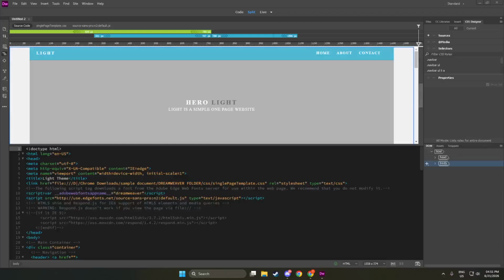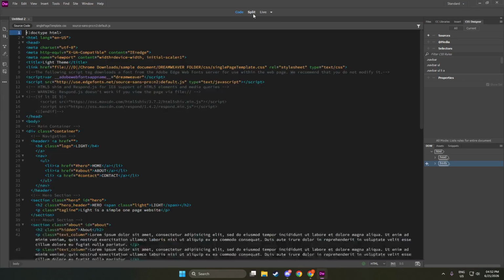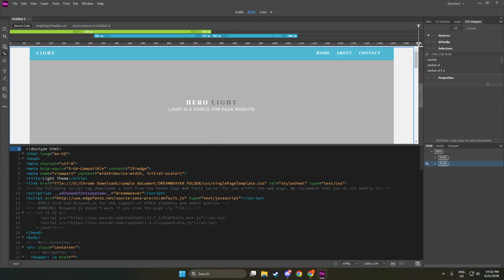In today's video, I'm going to teach you how to create a CSS hover effect for buttons in Dreamweaver. Let's dive right in. First, open your page in Dreamweaver's split view. This view is particularly helpful because it allows you to see both the code and design aspects of your page at the same time. It's like having a map and the terrain side by side, making the process more intuitive